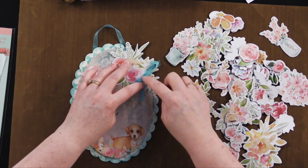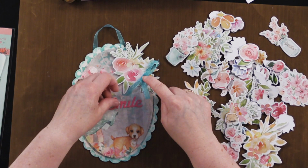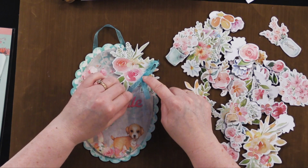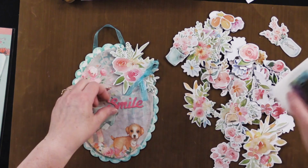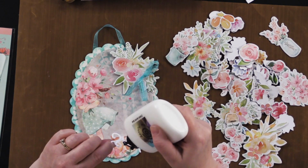And that's just got to connect just a minute. Then I've got this little smile die cut here, and this is from the Nine Little Words cutting die from Hot Off The Press, and you can find that in our drop down menu below the video. While I glue this on,